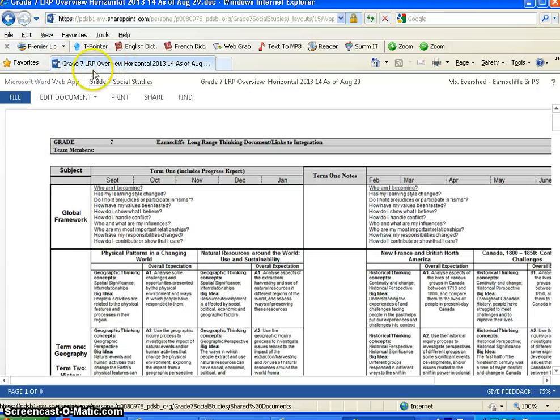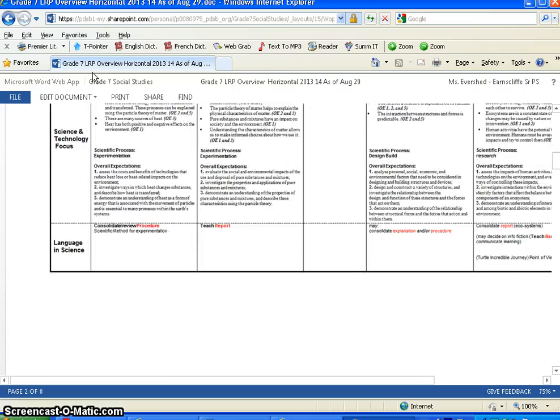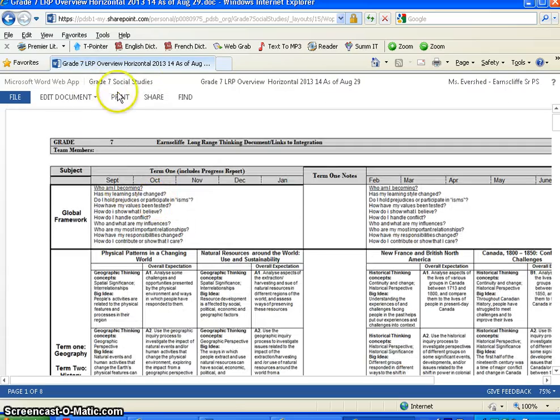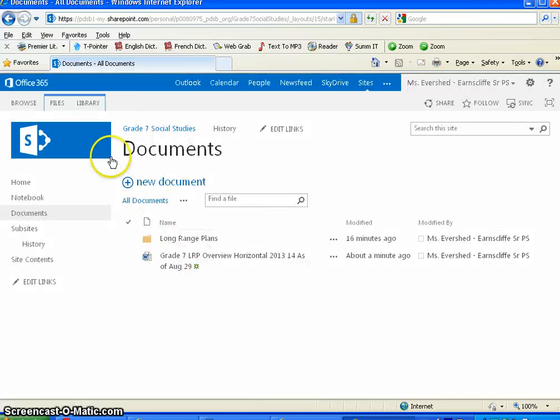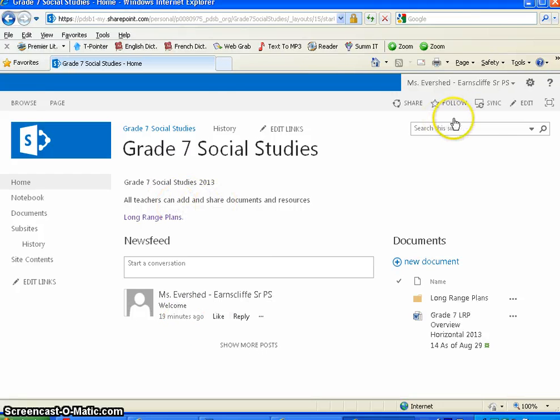Now that opened up in the same tab that I was working from before. So you can change those functions. To go back, you can just click Grade 7 Social Studies at the top. It'll take us back to the files, and Grade 7 Social Studies takes me back to the main page. If I go back to my edit,